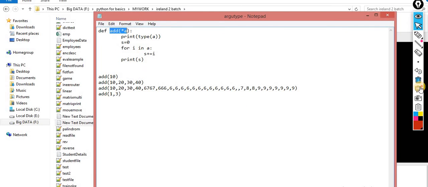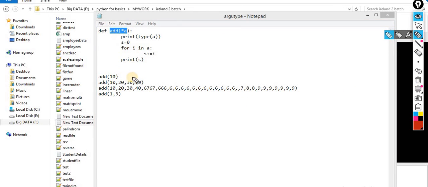variable length arguments. Now what exactly is the use case of this? Let's suppose this one is customer number 1, who buys only one product, the price is $10. The next customer buys 4 products, and every product has a different price: $10, $20, $30 and $40.